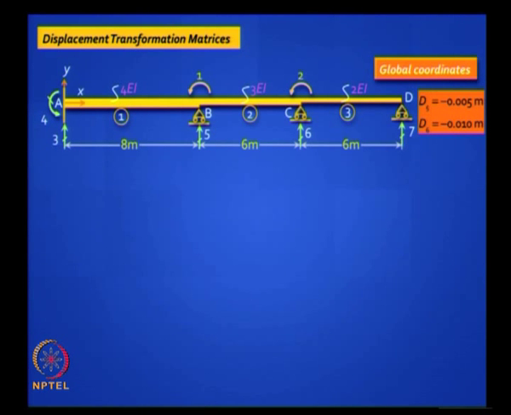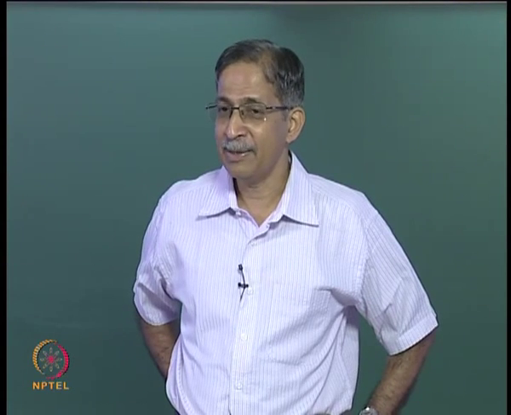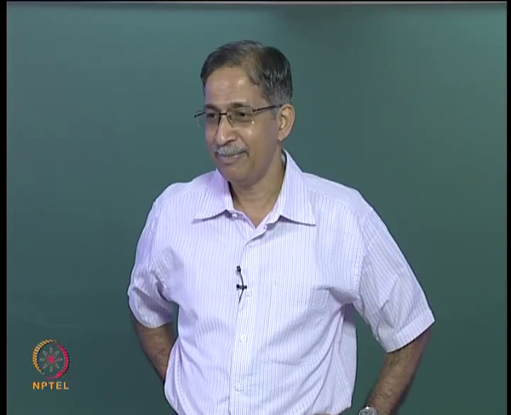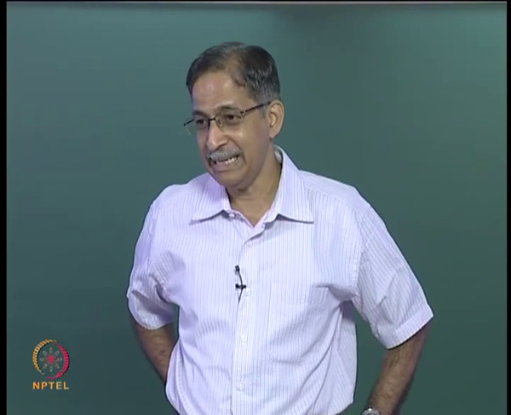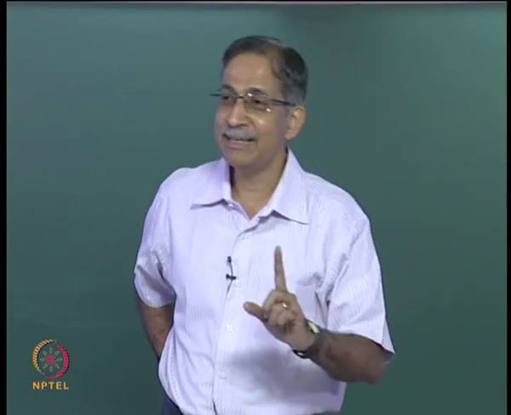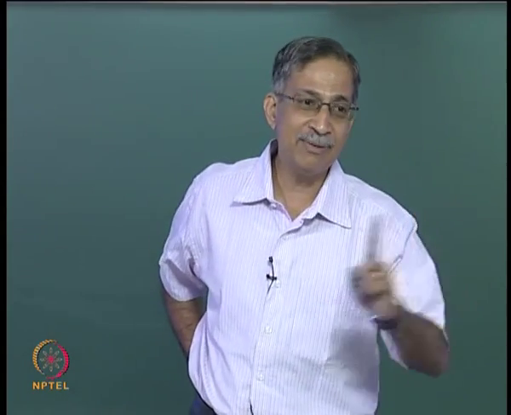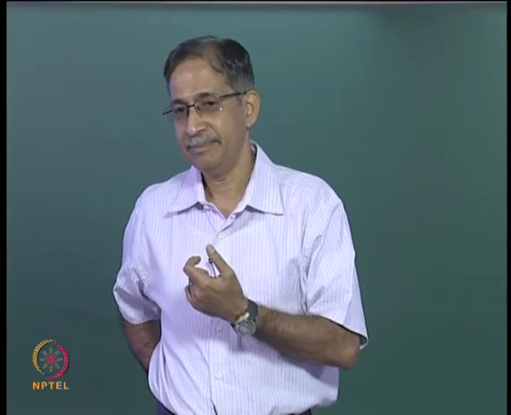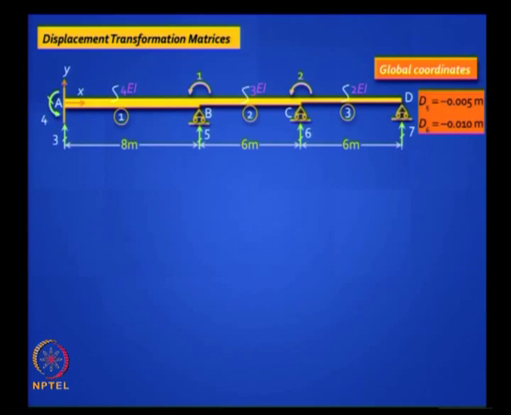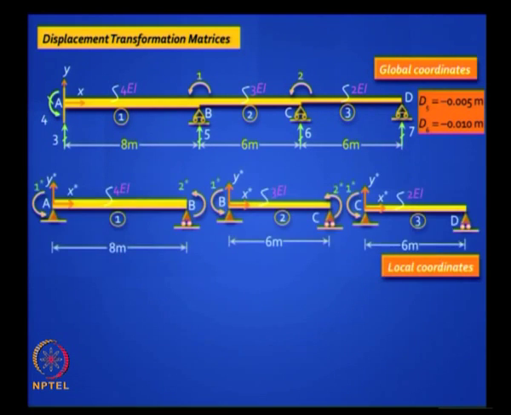Next question, are there any nodal loads in this structure Fa? You will find that there were only distributed loads, and there was some concentrated load in the middle of that beam. You had a nodal moment at D, but it doesn't have a number. So how do you deal with that? You understand the moment at D. That becomes a load which you have to account for in the fixed end force vector for the element 3. Okay, that is the only catch. You have to do it carefully, and then you can solve the problem. And we did it in slope deflection moment distribution method. So let us see how to proceed.